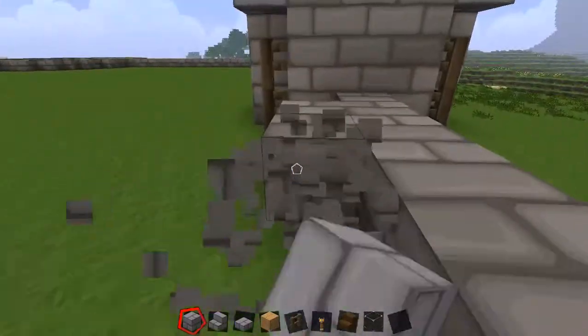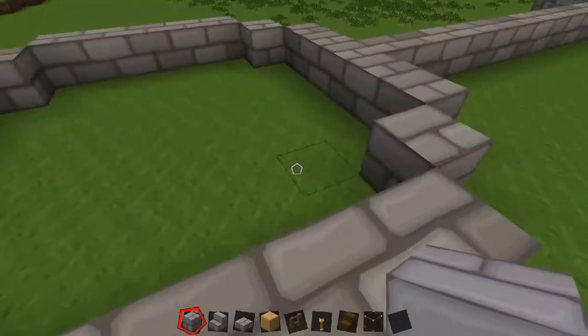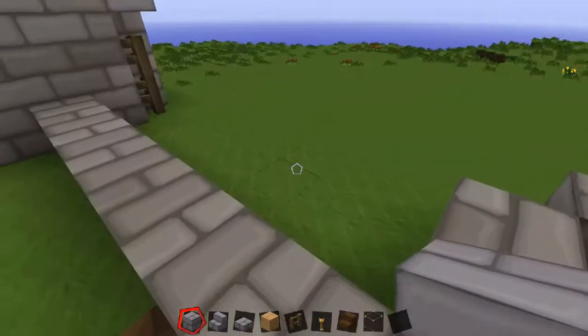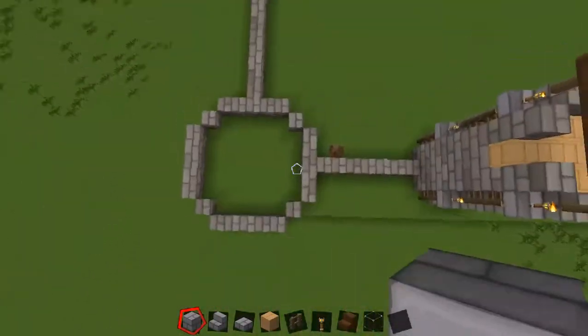Wait, actually no, I'm gonna make that tower first so the wall actually looks right. So I'm just gonna have to swap to my previous world. So I'll be back in a tick. Okay, yes, sorry, I just had to check how high this tower was, because I'm planning on making my towers